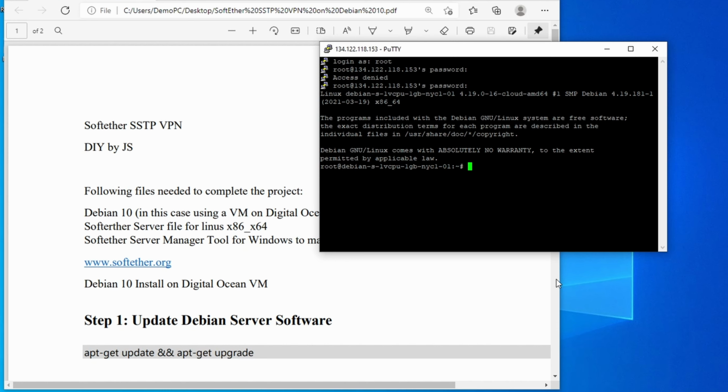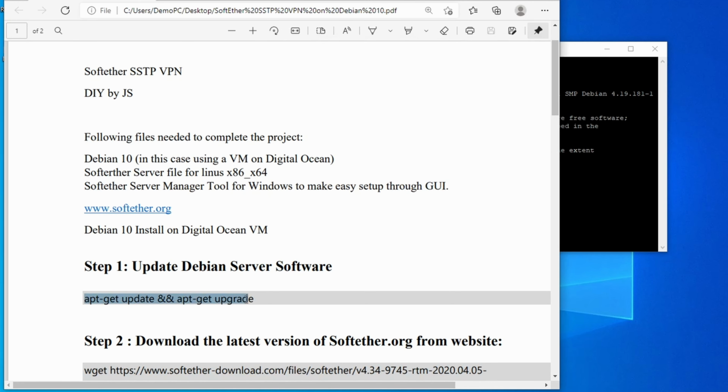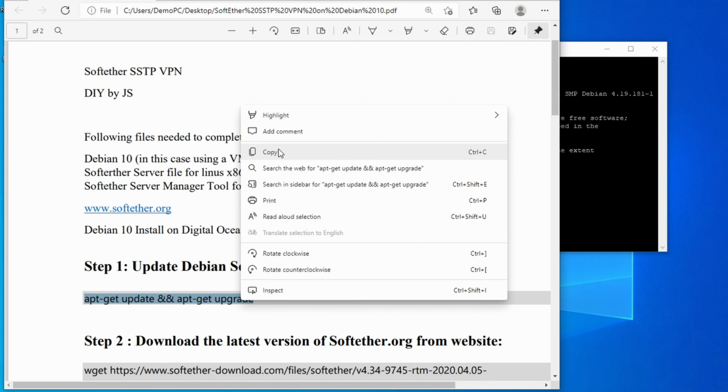I'm creating a short video in order to help me remember how to install SoftEther VPN on Debian 10 and to get it to automatically start up when I restart the virtual machine. Again, I'm using Debian 10 for the steps. Based on my notes, the first step is we need to update the packages. So there's the copy and paste,